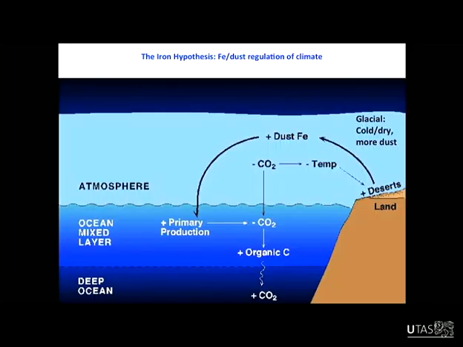This is just a schematic of how he envisaged it. In glacial periods of Earth's history, it's cold, but it's also drier because a lot of Earth's water is locked up in ice caps and glaciers, so the deserts are actually bigger. When the deserts are bigger, that's potentially a bigger source of dust to the ocean. So more deserts, more dust going into the atmosphere, more dust going into the ocean, alleviating iron limitation, stimulating primary productivity, sucking up CO2, some of which goes into the deep ocean and some of which gets stored in sediments.